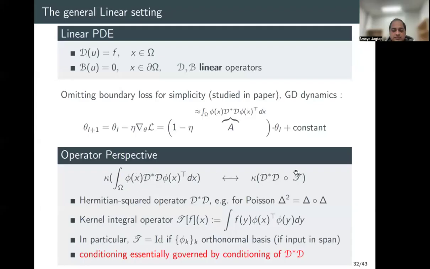And if the appropriate basis functions that you choose are orthonormal, then everything exactly holds, and this T is equal to identity. It's just that in maybe 100 dimensions, it becomes obviously cumbersome to handle all those basis functions. So then maybe you'll resort to another method, which is not necessarily explained by this PDE linear setting, where we have a linear ansatz.